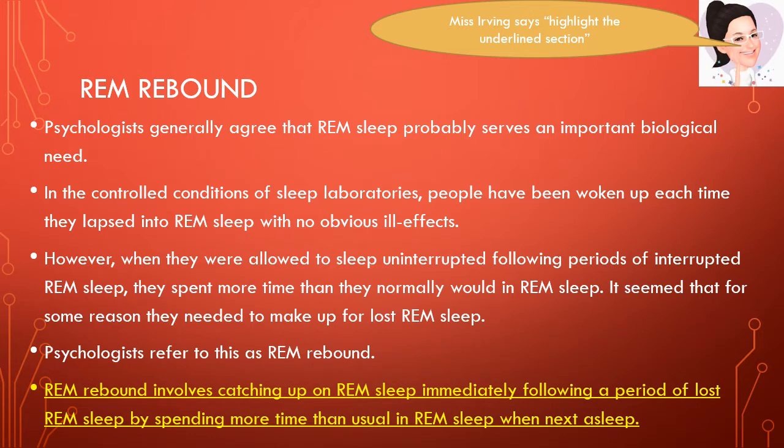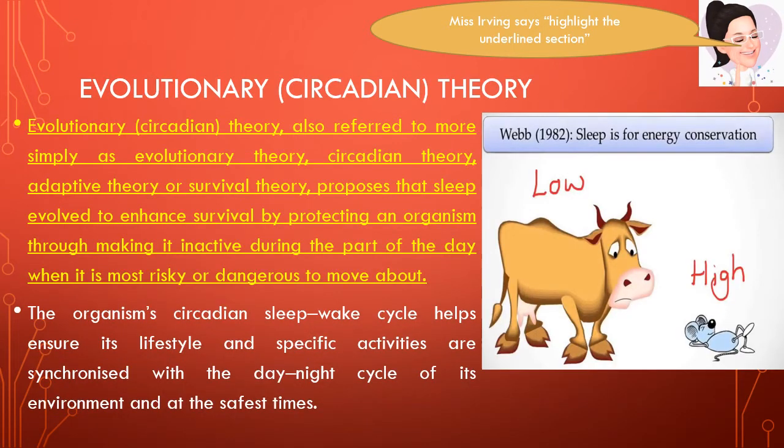So this is called REM rebound. REM rebound involves catching up on REM sleep immediately following a period of lost REM sleep by spending more time than usual in REM sleep when next asleep. Another theory of